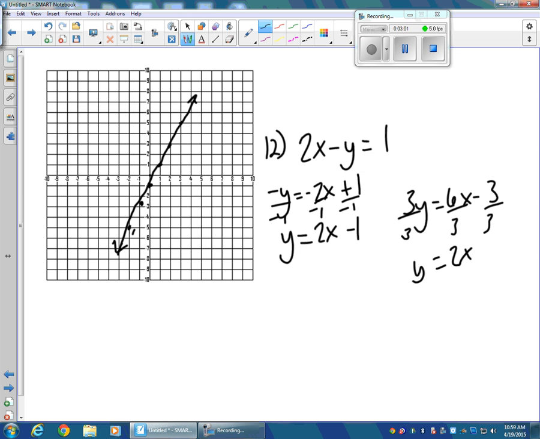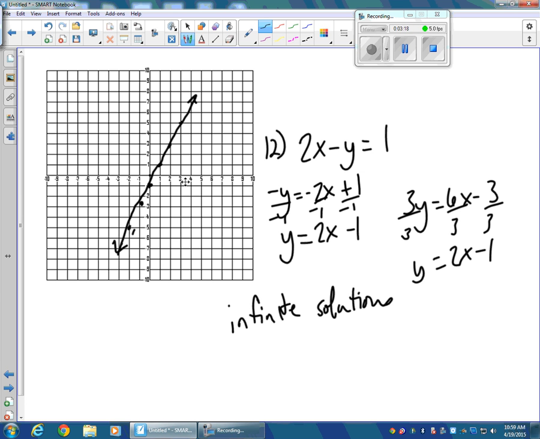The other line, if I divide by 3, look what's going to happen. y equals 2x minus 1. It's the exact same line. And that sometimes happens with systems. Once you solve them for y, you see that they're the exact same line. And when they're the exact same line, my answer is that there will be infinite solutions, because every point on